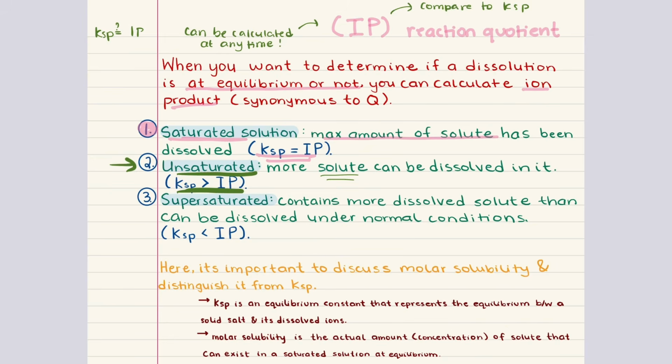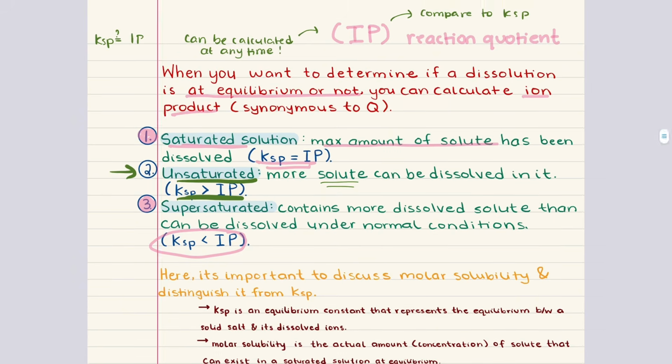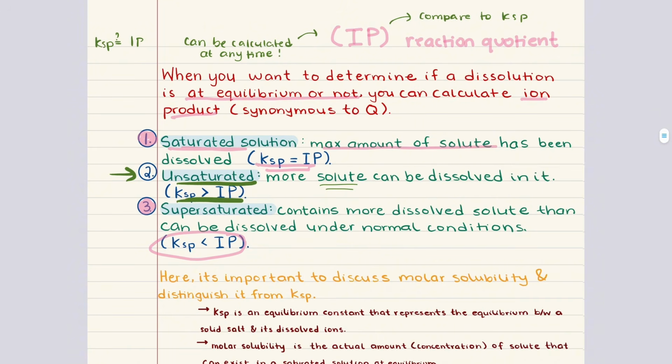If the ion product is greater than KSP, the solution is supersaturated. This means more solute is dissolved than should be possible under normal equilibrium conditions, and precipitation is likely to occur until equilibrium is restored. And this framework gives us a powerful way to predict whether a precipitate will form under